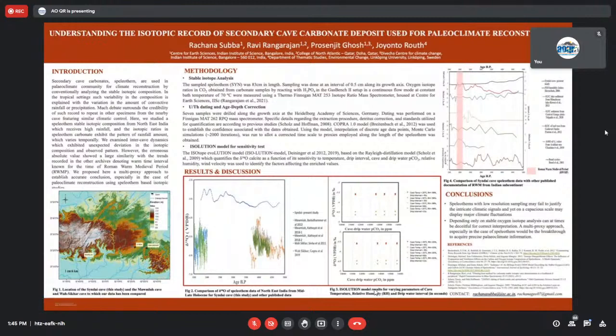Our cave showed a very enriched delta 18 value, and if we had solely depended only on this particular cave's data, we would have misinterpreted it. We would have said that it was much warmer. But understanding cave dynamics, what we suggest in this paper is that though 18O is highly used, we need